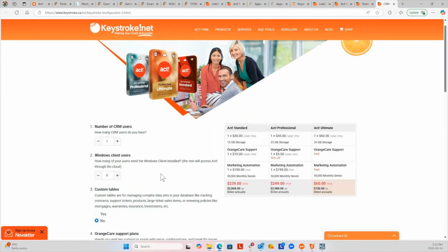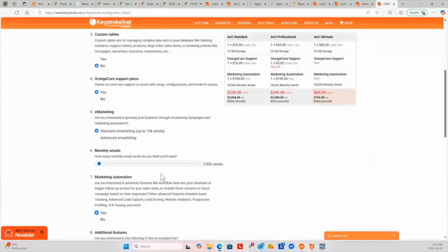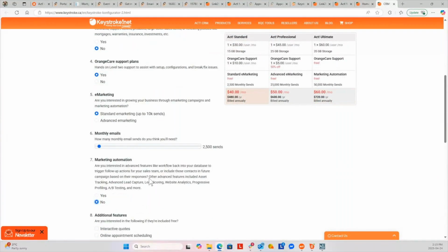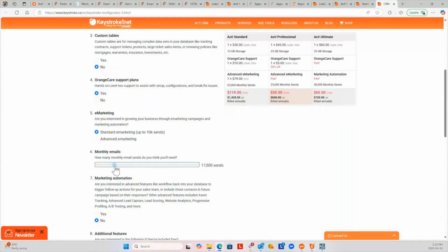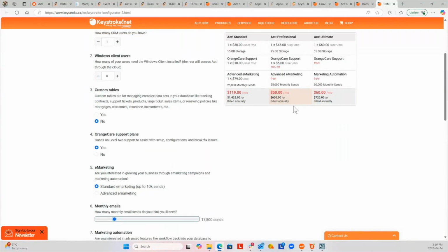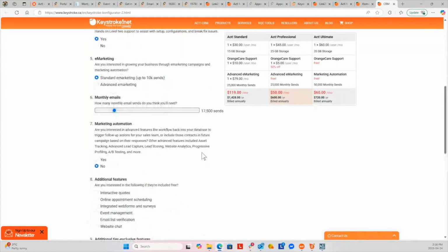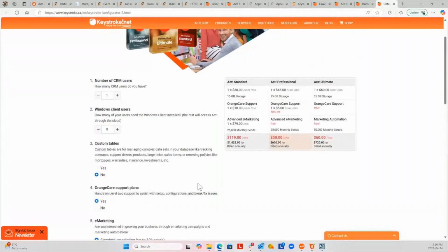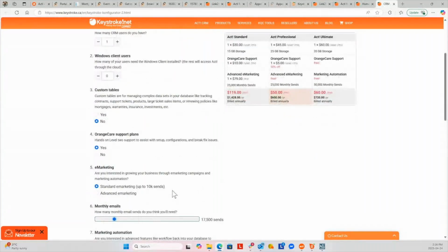Okay, and if I want to, let's make this a little simpler. Let's just say I want to go up to 17,000 sends. Look what's automatically highlighted. Okay, this makes the most sense. And you can scroll up and down, this will float here for you. Let's take an example here. So this is a profile, we've added 17,000 sends, so it's automatically said that we need what was previously the